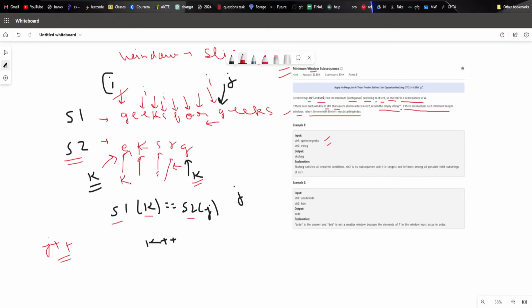K pointer will be here. So as you can see, I am just getting this substring, i to j, which is actually satisfying the condition, and I will just take a res which is equal to int max, which will store the value, and if res is equal to j minus i, or r minus j plus 1, which is actually the length of this,